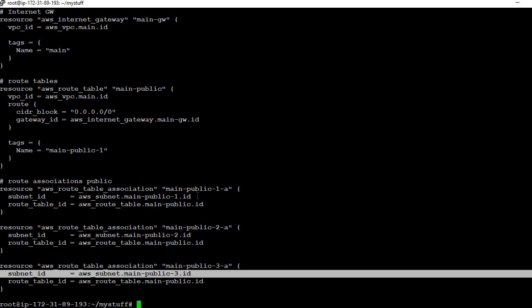So for that you need to access those servers from the internet, but you cannot because they are in a private subnet. So for that we will create the NAT gateway, and associate the NAT gateway with the private subnet.